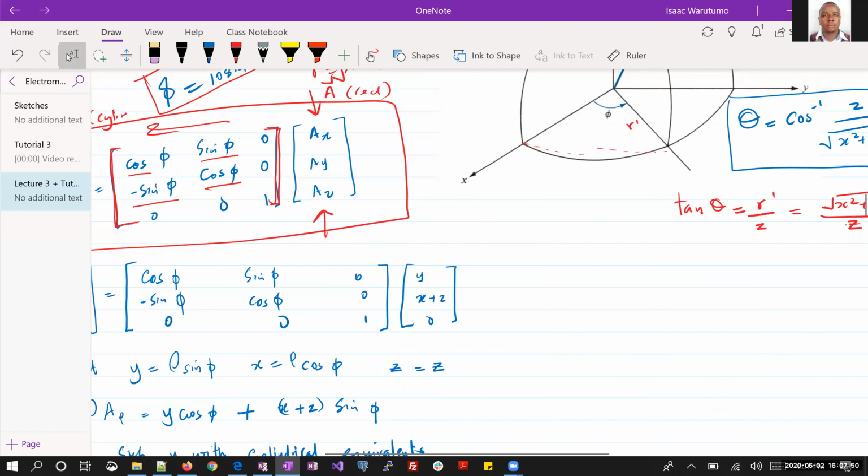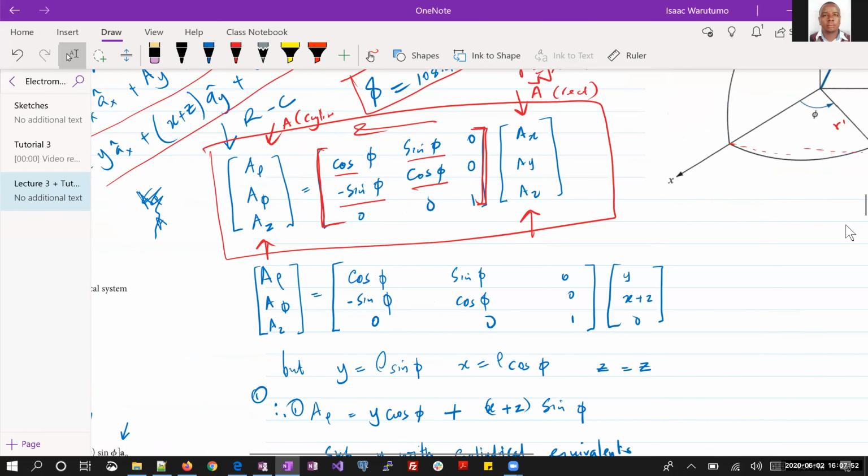I want to move a bit slower. So what we do is we do that multiplication. What we also remember is that with these ones we know, because we have been given that A in the rectangular coordinates is given by